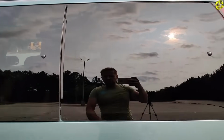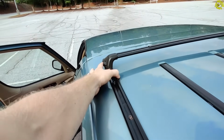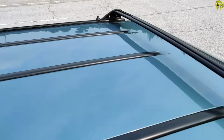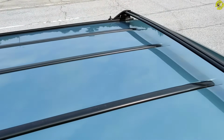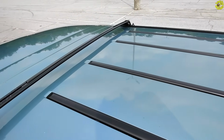So this Oldsmobile Silhouette is supplied with a roof rack, a luggage rack. You can put your luggage in here. This luggage carrier is adjustable to accommodate the size of your luggage, and it also comes with rubber strips to protect your roof from scratches. This roof rack was available as standard with every Oldsmobile Silhouette since 1994. But interestingly, it was an extra option, for which you had to pay, with the Pontiac Sport and the Chevy